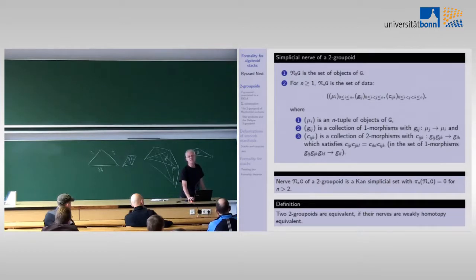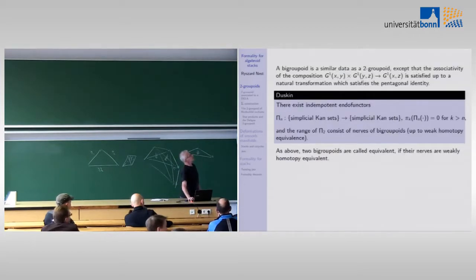For groups, it's the same as saying the groups are isomorphic, actually. Now, there I think I diverged slightly from Ralph. So there's a notion of a two-groupoid. There's also a notion of bigroupoid, which is basically the same data as two-groupoid, except that the compositions, so remember